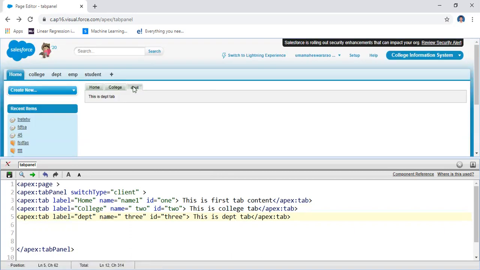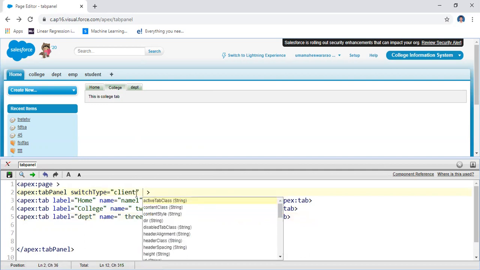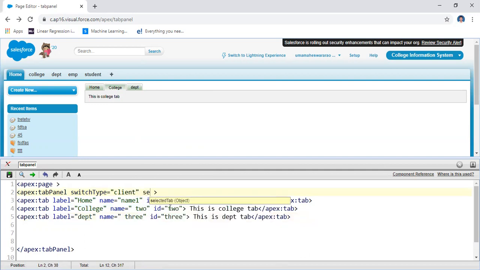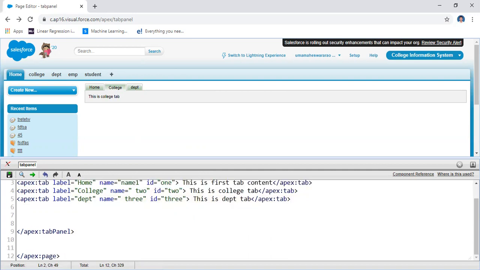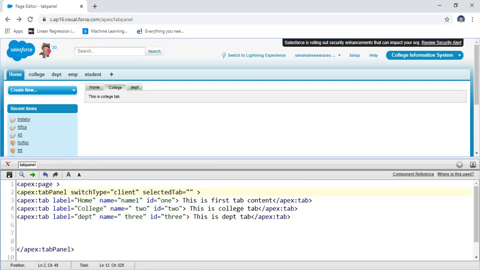Initially, it is selecting only the first tab. That means at the time of opening, I want to select the college tab. I am going to select the college tab. For this purpose, you will use selected tab in a tab panel. The selected tab here is the name of the tab. What is the name? For example, two. The name of the tab here is, for example, two. Here, for example, if you execute this one,